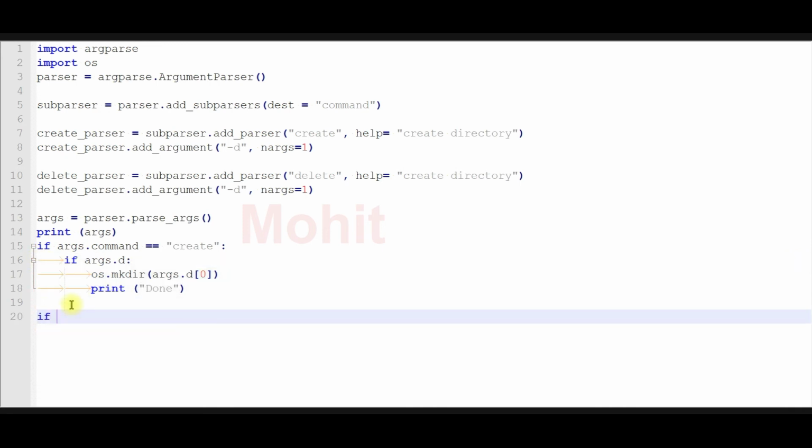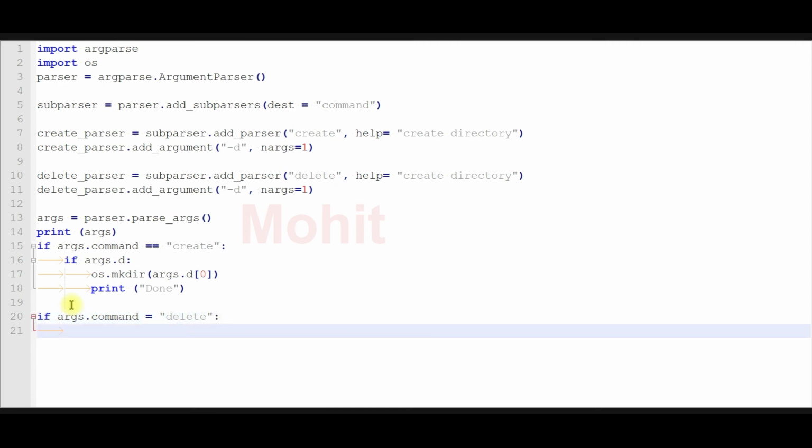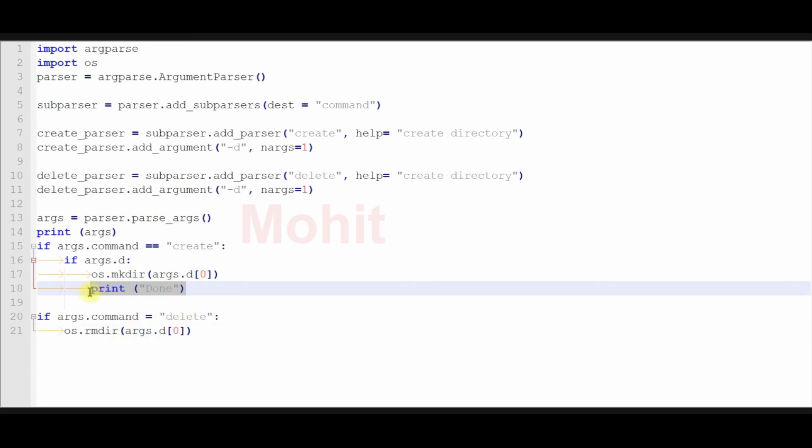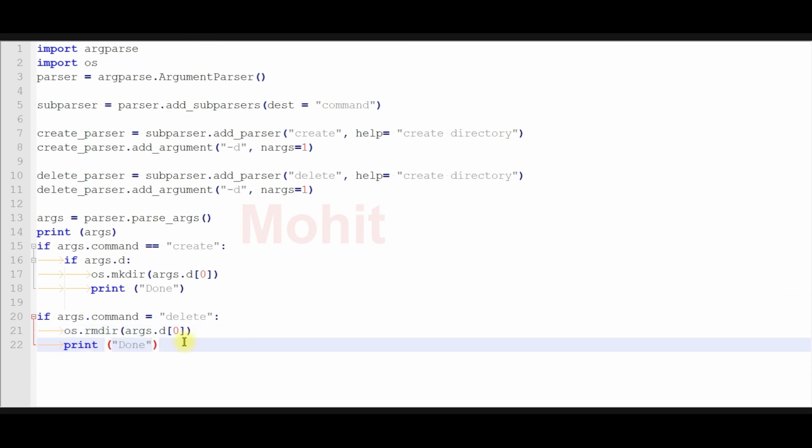And similarly, if args command equal to delete, then os.rmdir and the same option, and done. Okay, you can use this one. It is your choice.